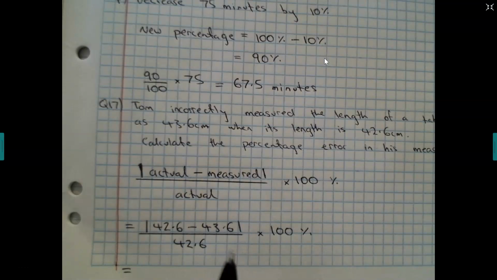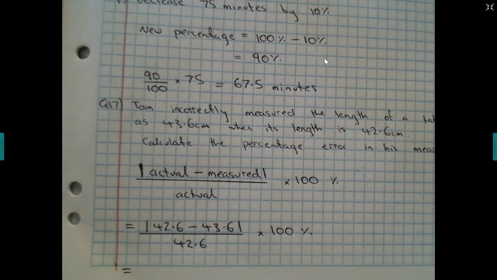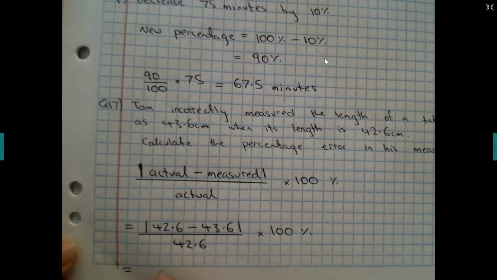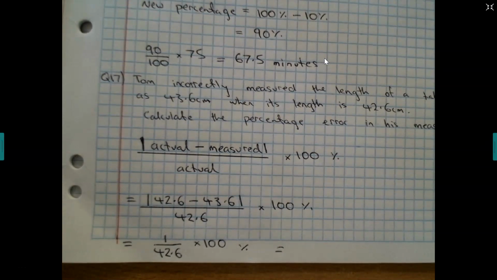So 42.6 minus 43.6, like we said, gives you negative 1. But because it's in those modulus signs, I take the positive value of that. So what's the positive value of negative 1? Positive 1. So we're going to have 1 over 42.6 times 100, and that will be a percentage, which is equal to, then you just use your calculator, 1 divided by 42.6 times 100 equals